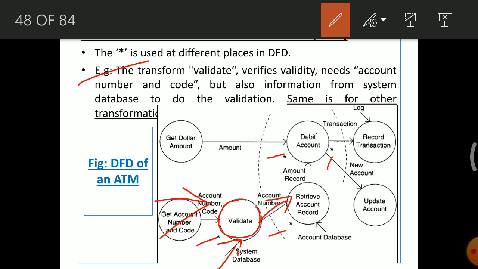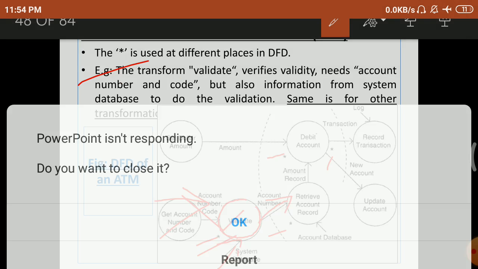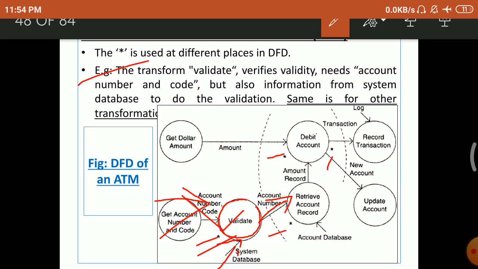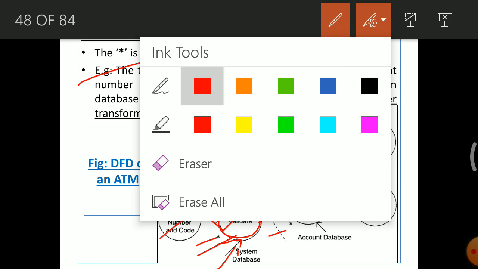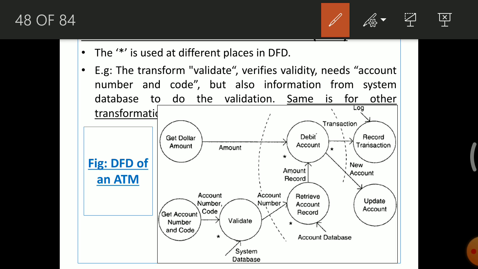So if this particular validate module requires information from multiple such modules, such as account number and code and the system database, in this case the star will be used. So in such cases the star will be used, you can see. So the star is used here because multiple values are required for validating the account number.